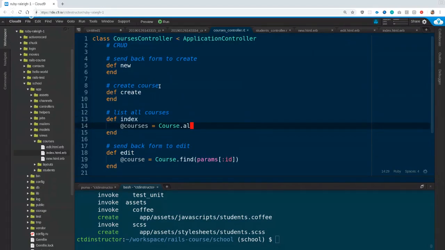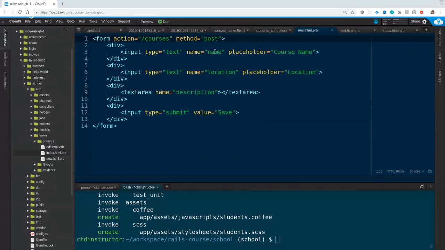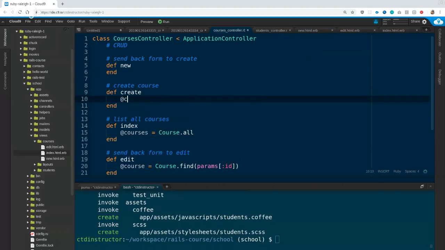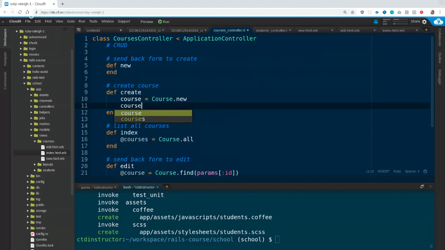Okay, so let's see. Let's go down the list. And okay, so do we have our code for new? Well, for new, we don't need anything because it's just a form. For create, okay, we need something for create. We need some code there. So our new form is going to send us the name, a location, and a description. So let's create our course. So we don't need an instance variable because we're going to redirect. So course equals new, and then course